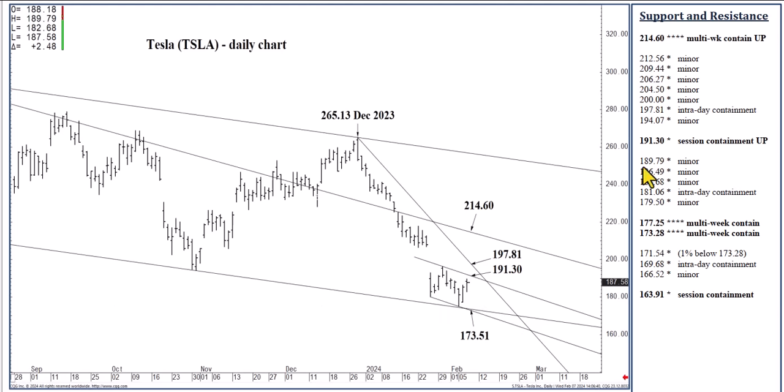Downside today, there's lots of carefully chosen minor points, all of which can contain ample intraday activity. But it really is 181.06 that I think is the downward pivot point into later day. 181.06, nothing more than the low settlement price that was put out on Monday. And if we happen to break 181.06, we can fall into the 173.28 to 177.25 region again today, where once